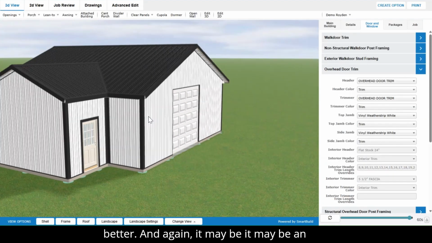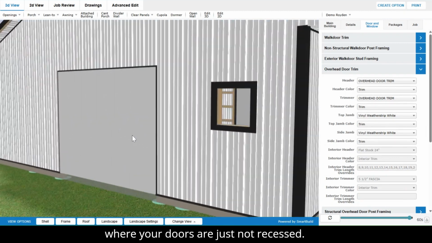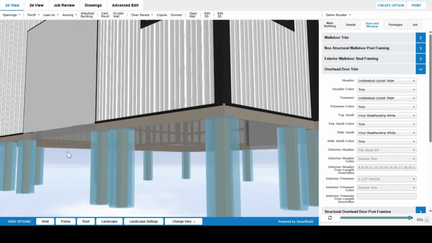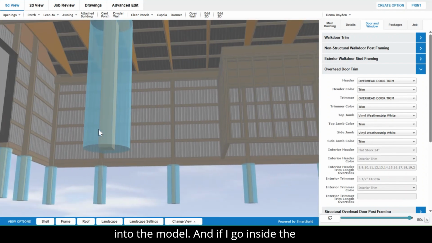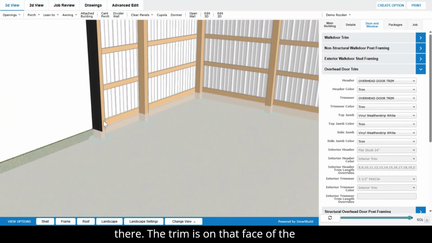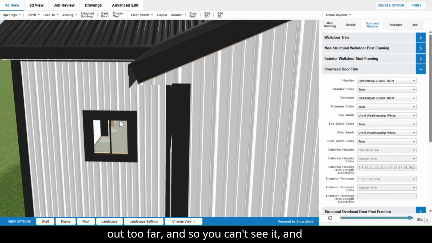And again, it may be an issue that we're going to talk about next, where your doors are just not recessed. They need to be recessed back into the model. And if I go inside the building, you can see a little bit more what I'm talking about. So the trim is there. The trim is on that face of the post or the column, but the door is set out too far, and so you can't see it,